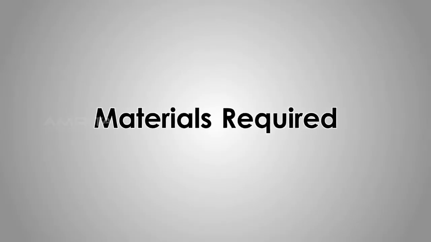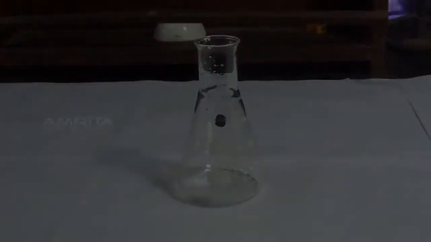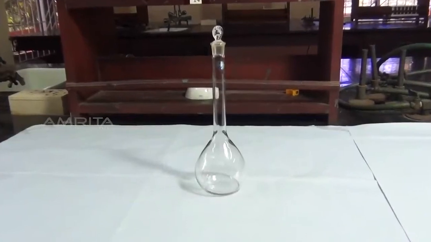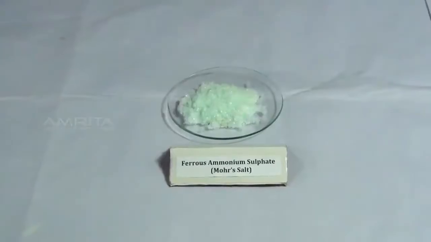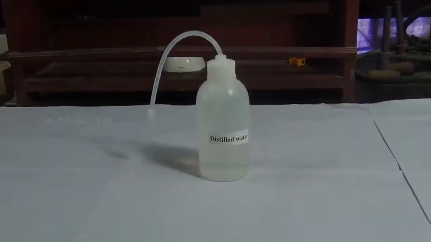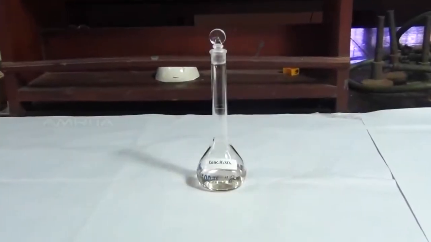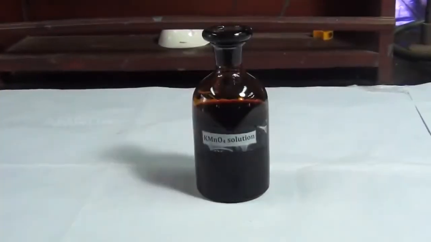Materials required: 250 ml conical flask, 250 ml standard flask, Mohr salt crystals, 250 ml beaker, distilled water, funnel, weighing bottle, electronic balance, dilute sulfuric acid, concentrated sulfuric acid, potassium permanganate solution, burette,